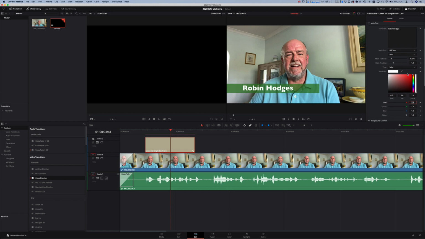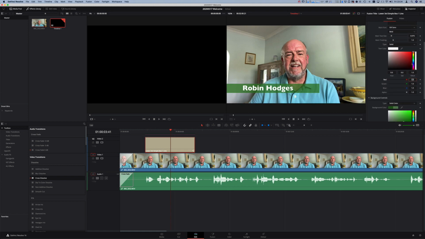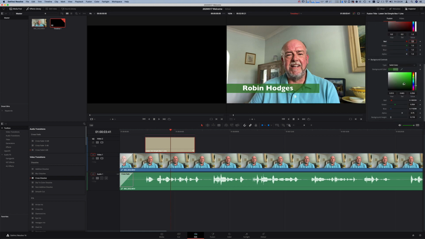So that's fine. And then you'll notice that the background of it is kind of this green color. Now, if you want to, you should be able to copy the settings across, but I'll also send you the file so that you know how to change it. Now, this is just a very subtle